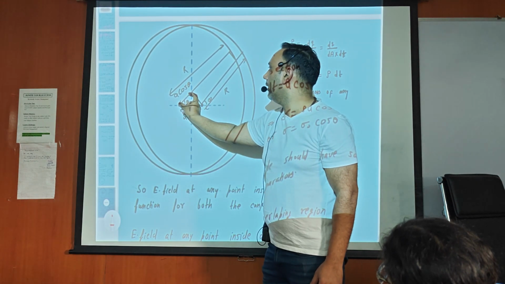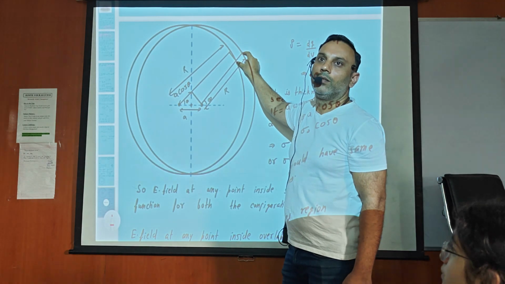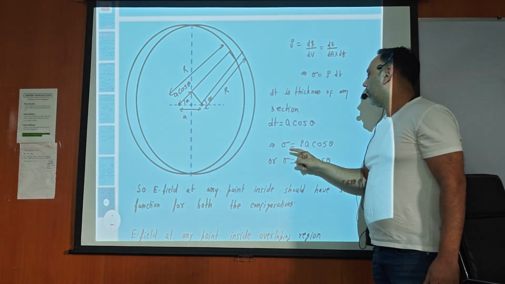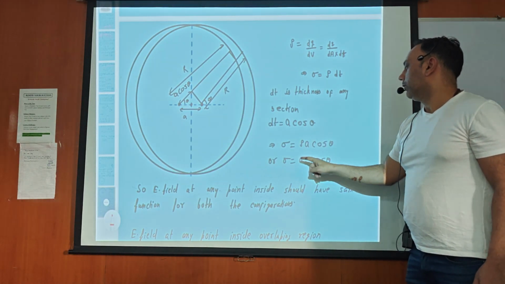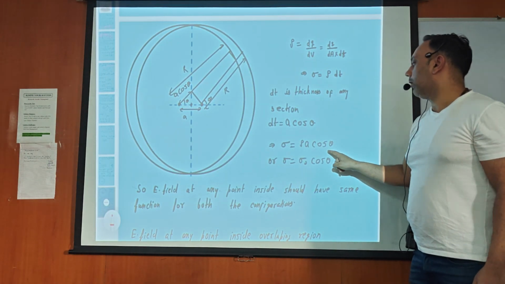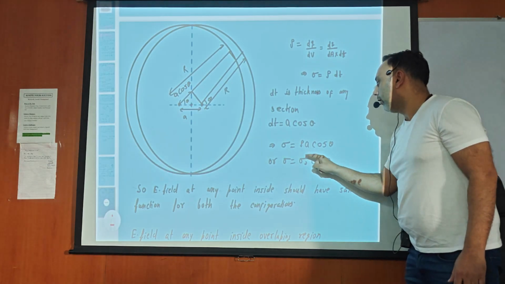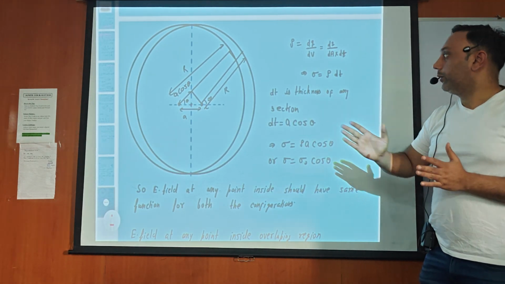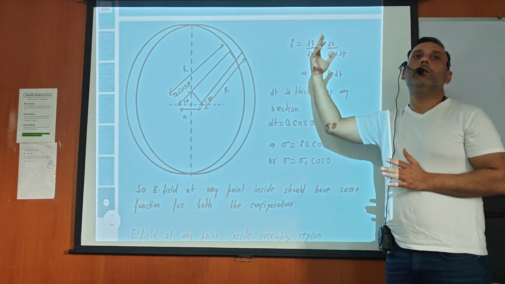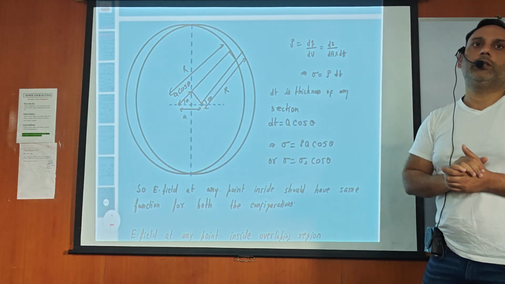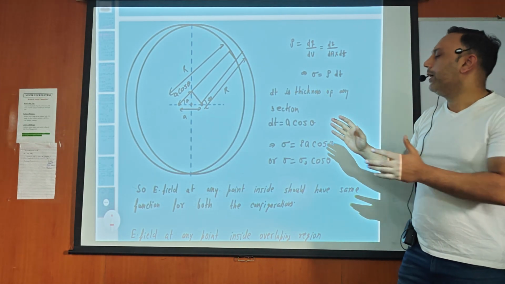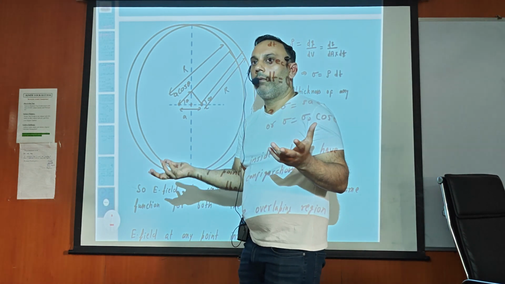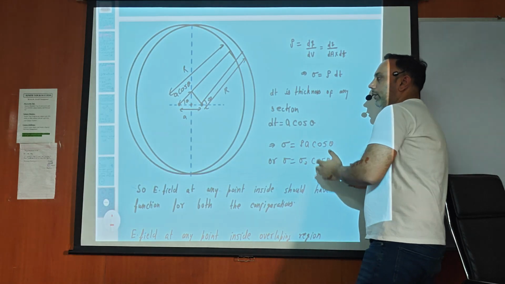So this extra length here should be the extra length here, because both total lengths are R only. So what I am getting is dt as a cos theta. So your sigma will be rho a cos theta, and this rho a I can just write as sigma naught. Okay. So this configuration is equivalent to the given configuration, sigma is equal to sigma naught cos theta. So the electric field at any inside point for this configuration should be the same, where sigma naught can be written as rho into a.